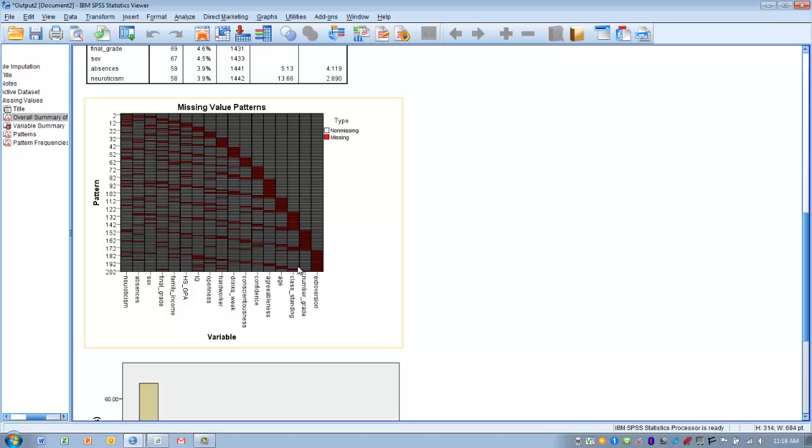monotonicity. When we have islands of non-missing values like we see here, so we have some concentration of red to the upper left, and also some concentration of red to the lower right, but we have these little patches of non-missing values. So if we had all the red touching to the upper left and also touching to the lower right, that would indicate a pattern. But as you can see here, we have these islands of non-missing values, and so that would indicate, and if